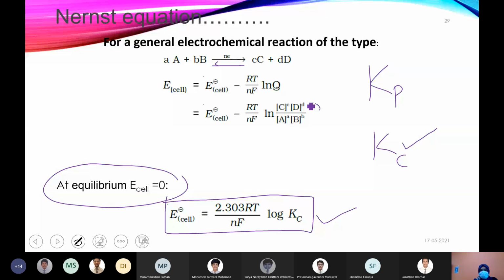That means this entire term at equilibrium is known as the equilibrium constant. Otherwise, it's just a reaction quotient. When it happens at equilibrium, we call it the equilibrium constant. Q is Kc at equilibrium. The reaction quotient is equal to the equilibrium constant when the reaction is at equilibrium. So we use the word Kc only when the reaction is at equilibrium. That is why this entire term we write as Kc.